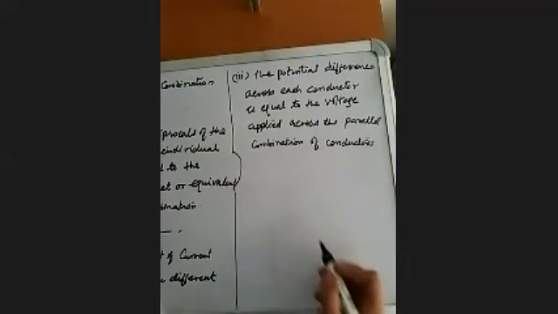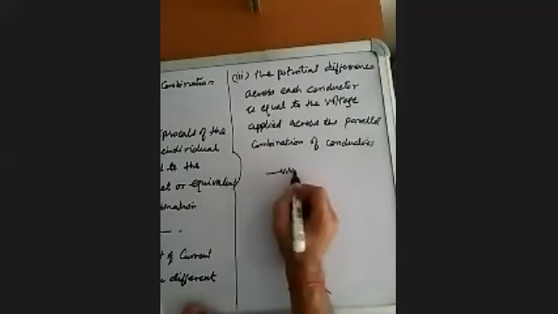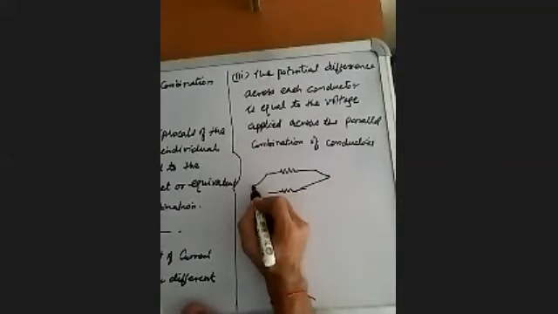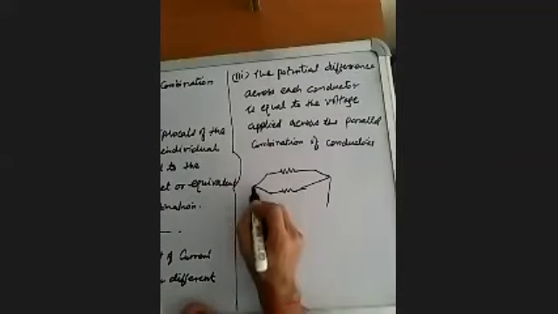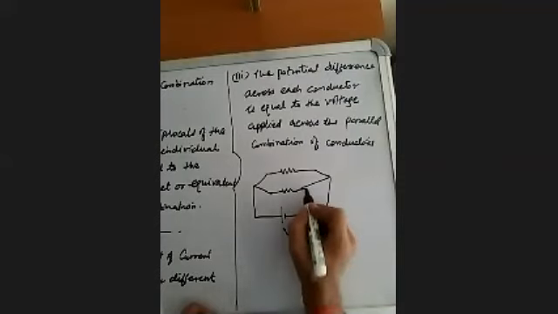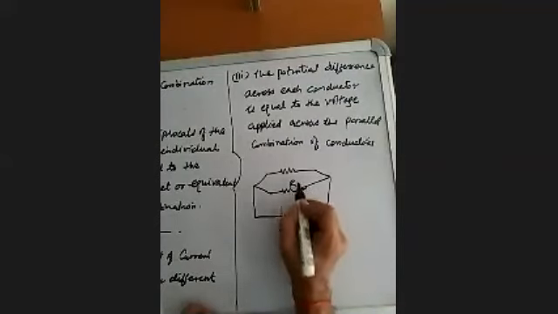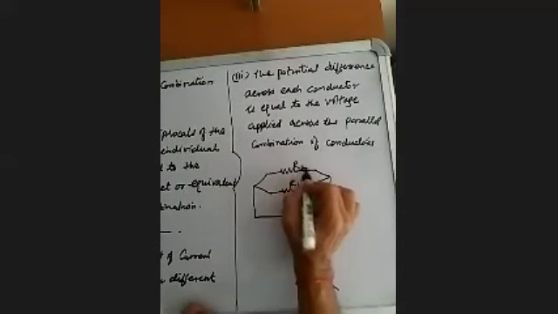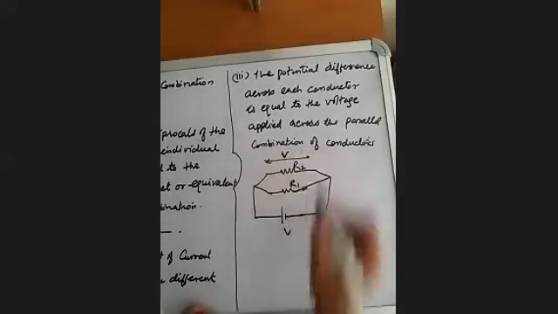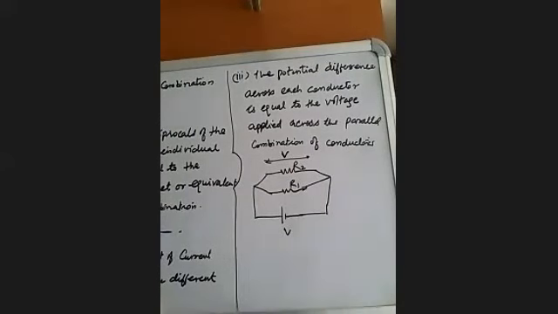So this also we know that whatever the potential difference is applied, so we have applied voltage V. So therefore across R1 and R2 both, the potential difference is V. So that is what is written in this statement. So these are the features of parallel combination of